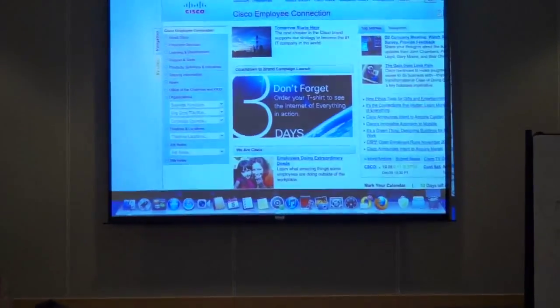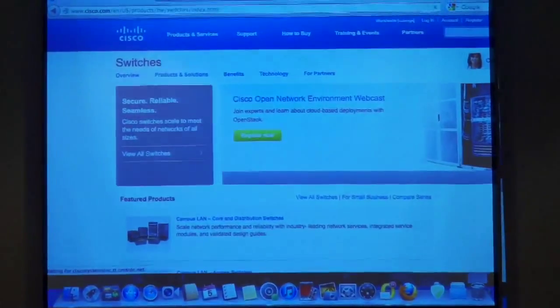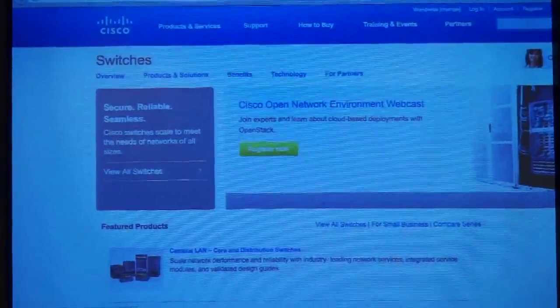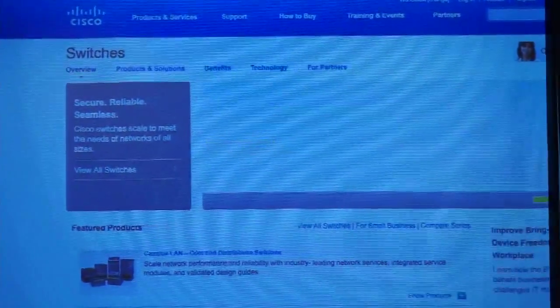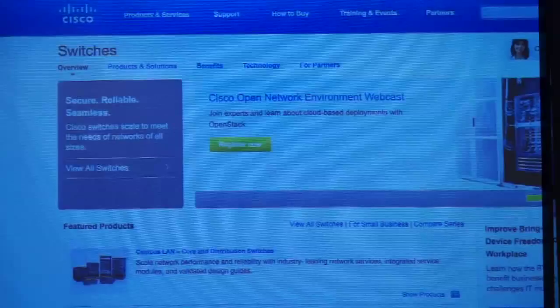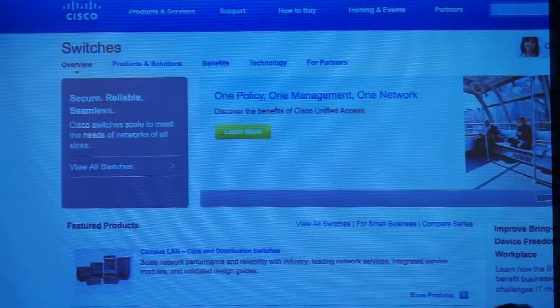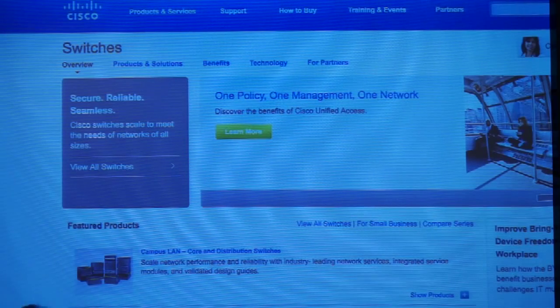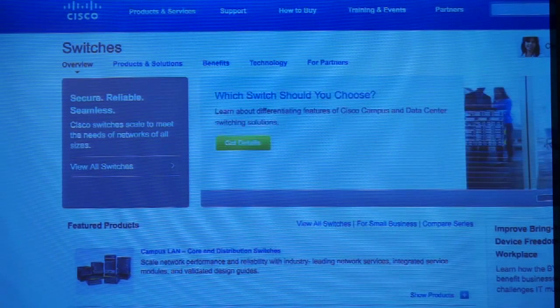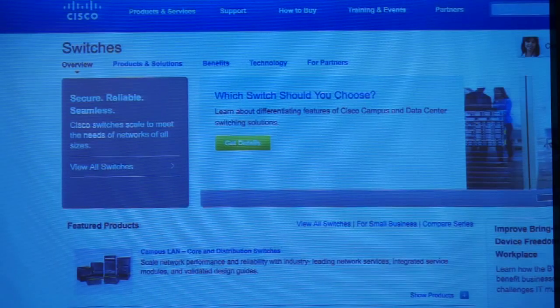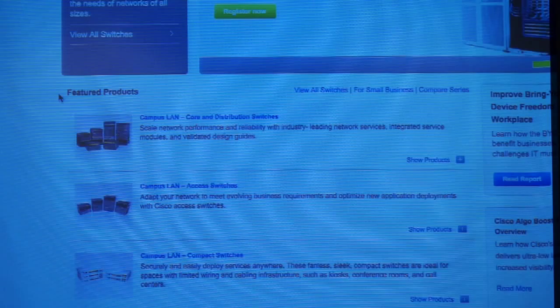If I just do go/switching, it's going to take me to the switching page on Cisco.com. If I want to look at routers, go/routers. If I want to look at security, voice, or video, it's a Go strategy. Just /go/whatever technology.